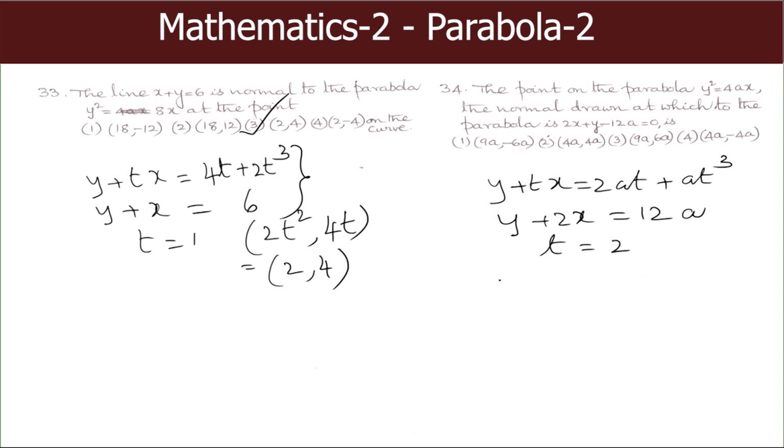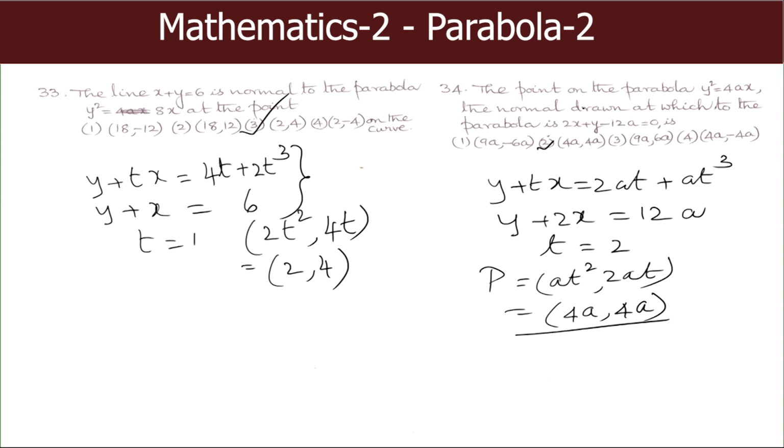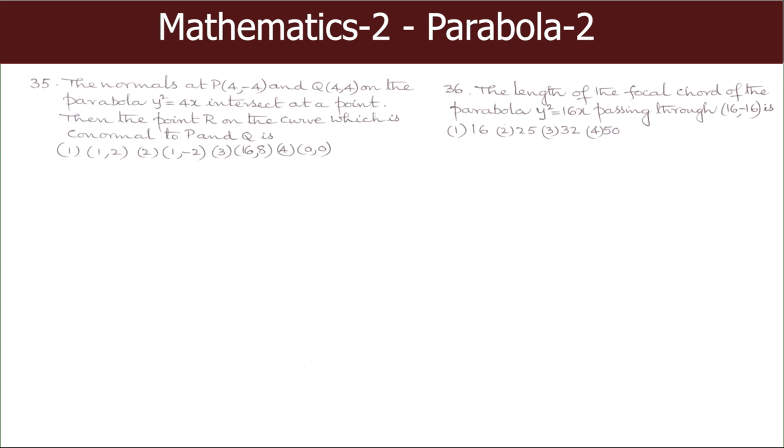So, therefore, the point P is at square, 2at, that is equal to 4a, 4a. So, 4a, 4a is the point on the parabola, the normal drawn at which is the same as the given straight line 2x plus y minus 12a equal to 0. So, the second option. Next, the normals at P 4, minus 4 and Q 4, 4 on the parabola y